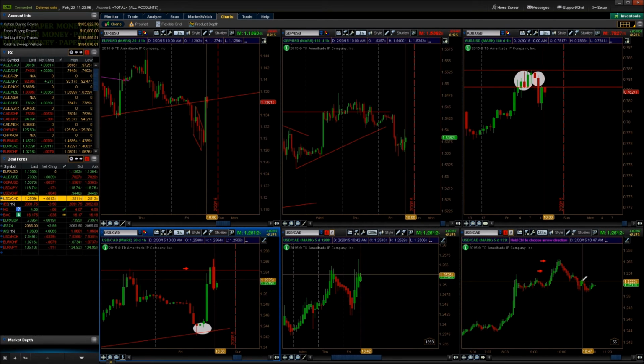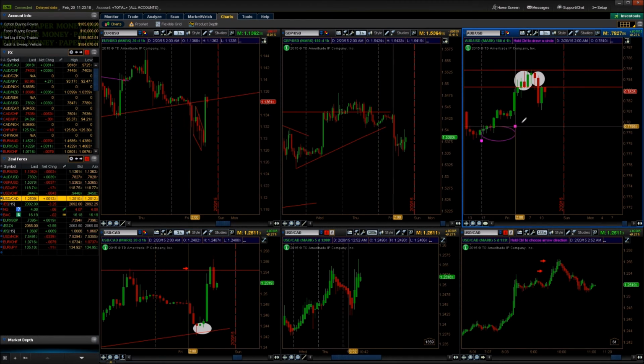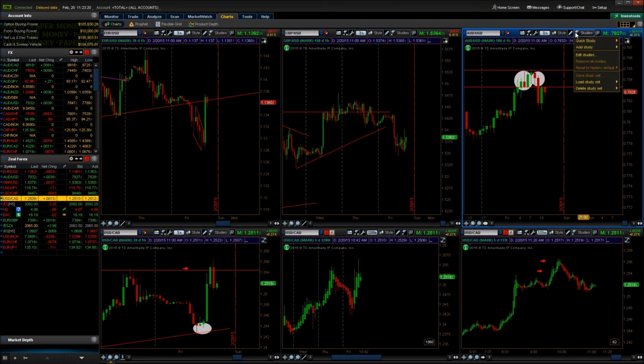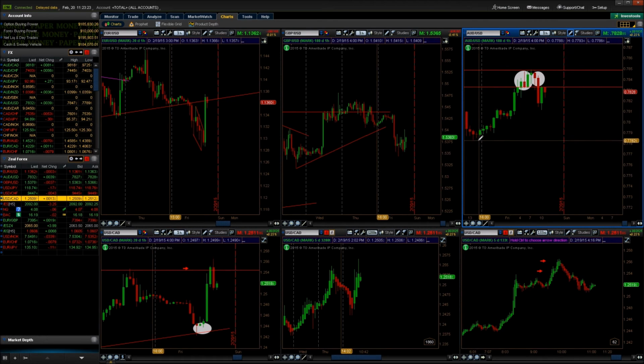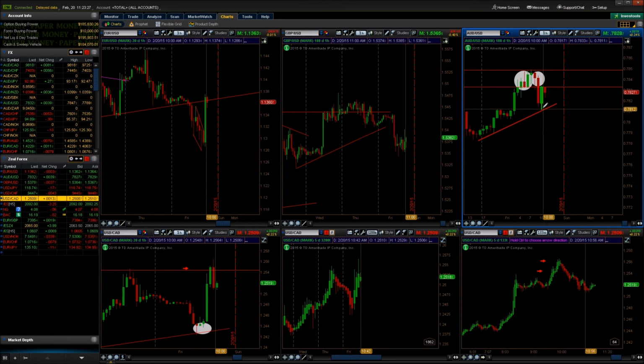So yeah, I just wanted to give an update. I thought it was pretty interesting how today panned out. Got a few quick scalps in. I took the price target off because of the underlying trend line that you can see here. If you need to draw it, you can. I didn't take this touch on the Aussie dollar. Could have, but